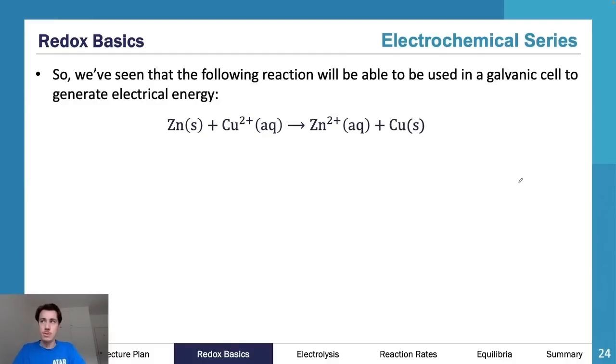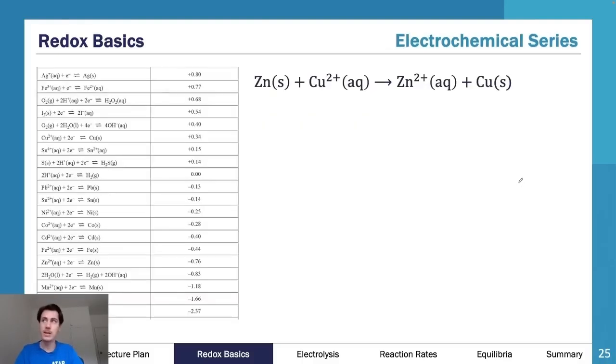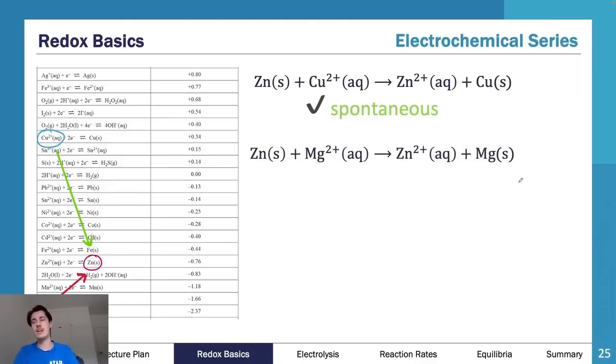Now we've seen the following reaction in a galvanic cell. What if I did Mg2 plus instead of Cu2 plus? Well, the answer would be no. We wouldn't get a reaction occurring. Now, why would I not be getting this reaction occurring? That's because of our spontaneous reactions. We understand top left, bottom right, copper 2 plus goes to Zn2 plus. But what about magnesium 2 plus? Well, magnesium 2 plus to Zn2 plus would actually have to be a forced reaction. It would have to be an electrolytic reaction, and therefore we call this non-spontaneous,